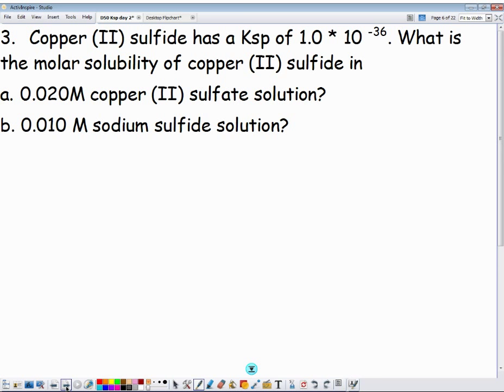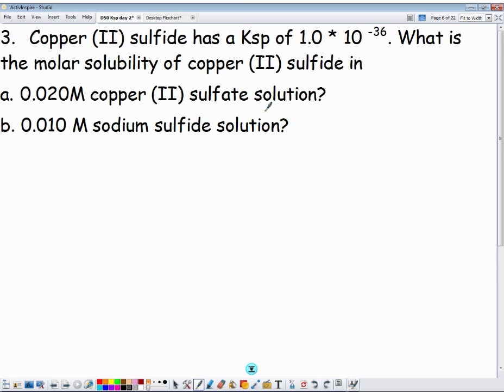Thing in A that says copper 2 sulfate solution? Not copper 2 sulfide, is it? Copper 2 sulfate. And if I know anything about my solubility rules, the other day I gave you one more solubility rule to make number 4. And that is sulfates are generally soluble except for what